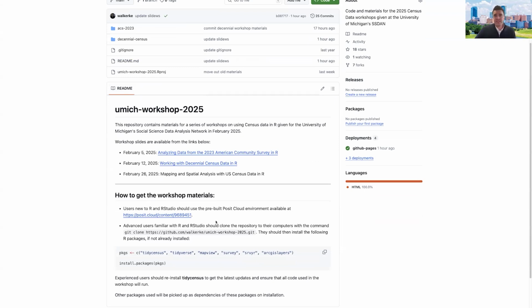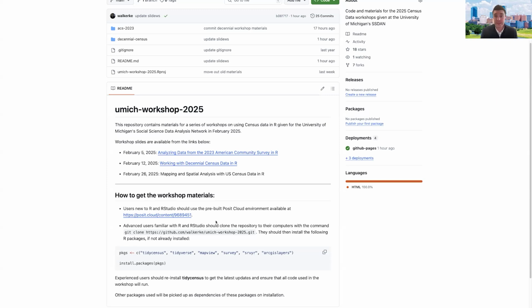This workshop ideally is designed for people of all skill levels. There will be some more advanced examples, especially towards the end, but there are some introductory examples, assuming no prior expertise or knowledge in the subject matter. And if you are brand new to working with R or working with census data, you likely don't have R